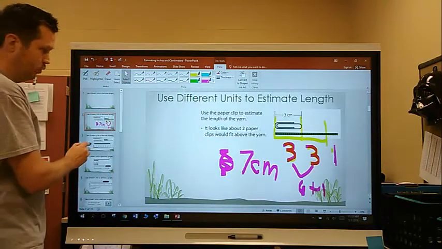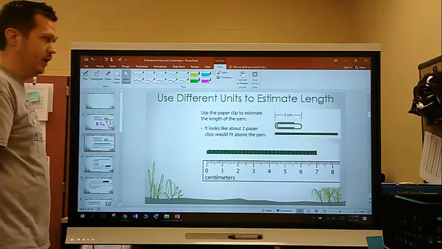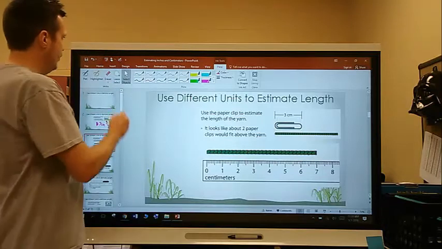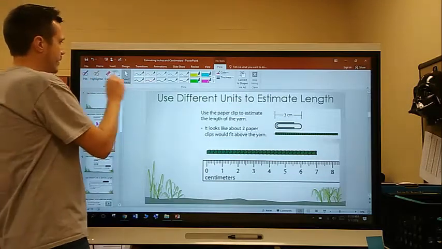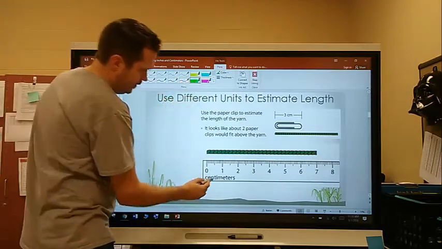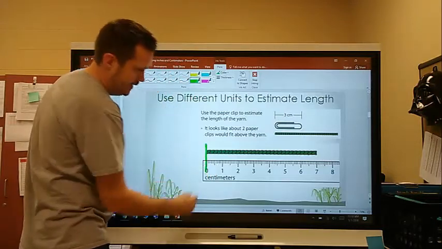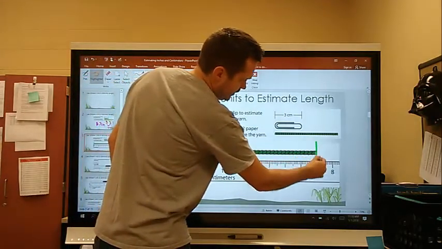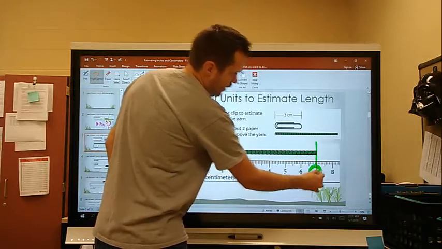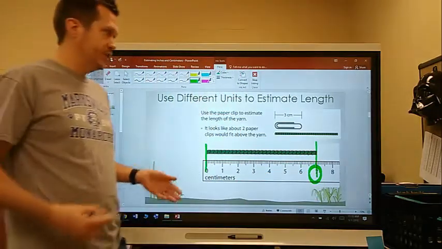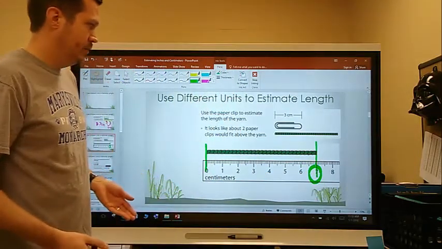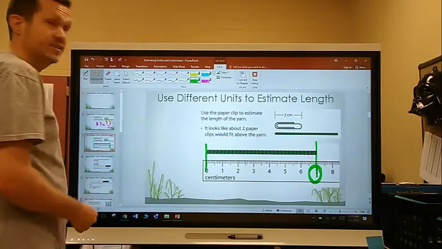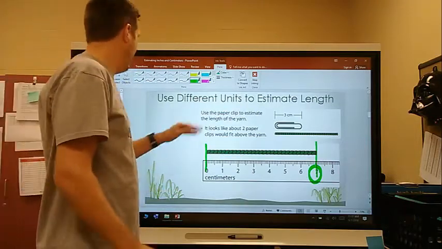So let's go ahead and bring a ruler up here on the next one and see how well we did for an estimation. So we can see right here that we're lined up on that 0 line, and right here is the end that goes down, and it's right at 7. So our estimation was correct. We were about 3 centimeters in length. So when you're estimating